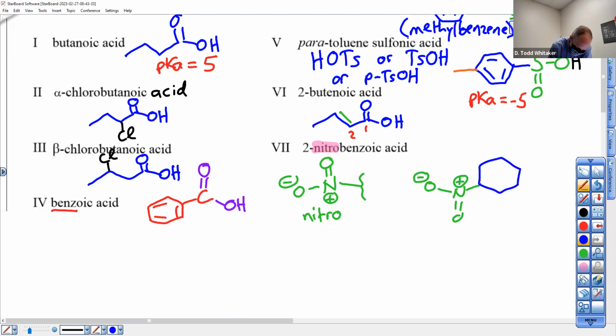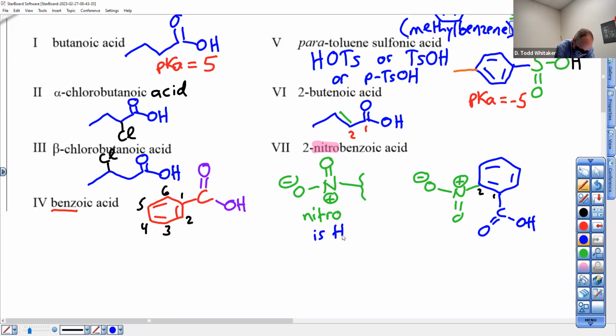Now tell me where carbon 1 of benzoic acid is. There's benzoic acid. Carbon 1 is here. 2 is there, 3 there, 4. Okay. And you just say 2 is one, it's right here. 1 is where it's an acid. 2 is 1 away. And the most important thing you need to know about nitro